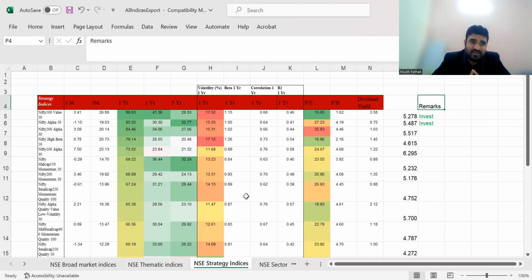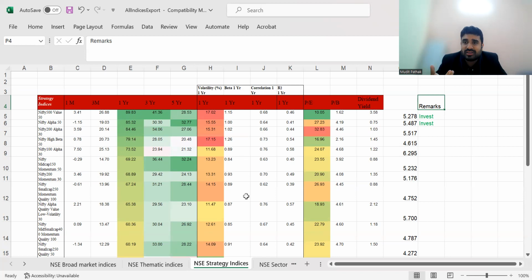So Nifty 500 Value 50. What does this mean? This means that out of 500 stocks in the Nifty, value unlocking, the value we are talking about continuously. What is value investing? Those with a low P by E, P by E meaning price by earnings, the share price divided by the per share earning of the company. Those with a low one, meaning value unlocking, meaning it's available cheaply right now.